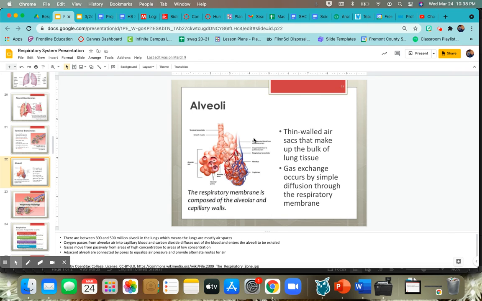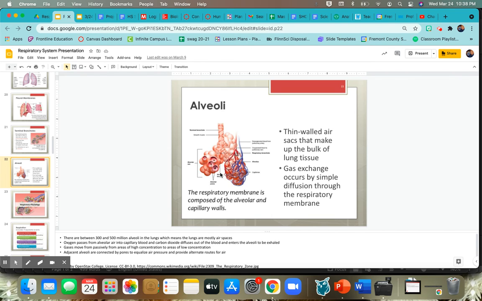If we look at an alveoli a little bit more closely, the thin walled air sacs that make up the bulk of the lung tissue, that's the technical term for your alveoli. So when I give you your key term sheet on Monday, that is the definition of an alveoli, a thin walled air sac that makes up the bulk of lung tissue. This is where gas exchange happens. This is where the oxygen and the carbon dioxide are exchanged through the blood by simple diffusion through the capillaries